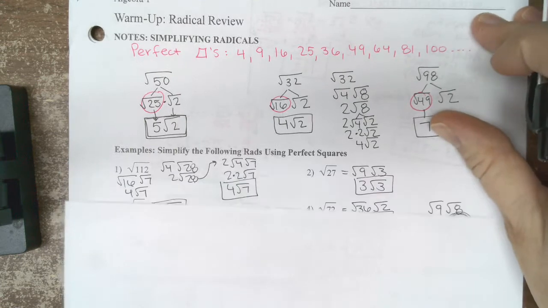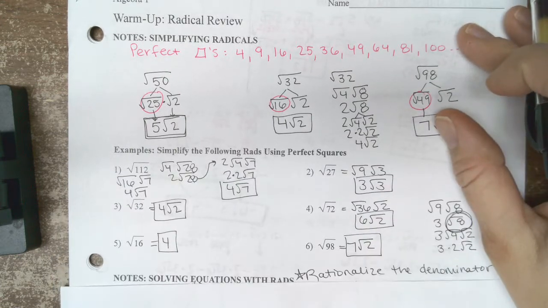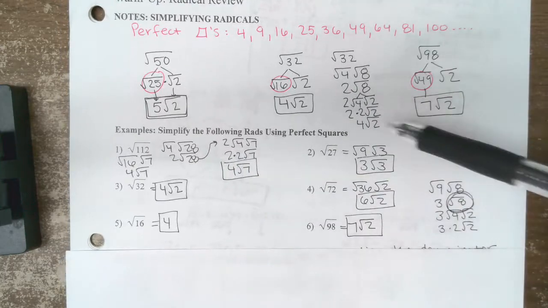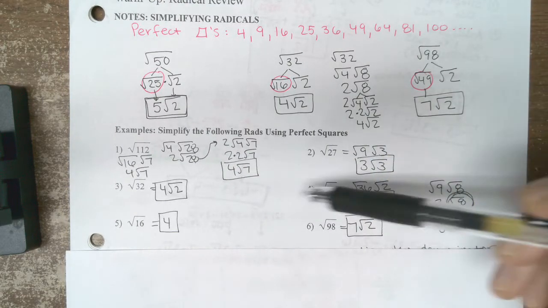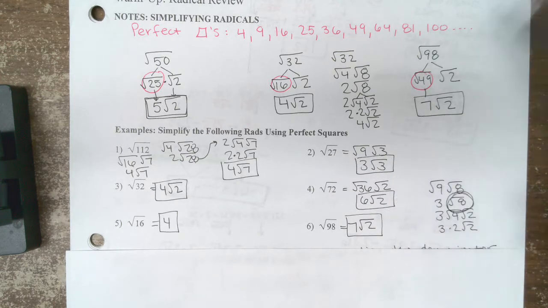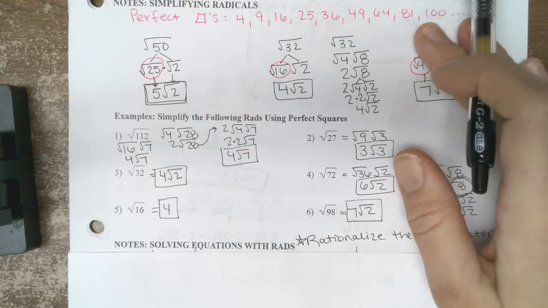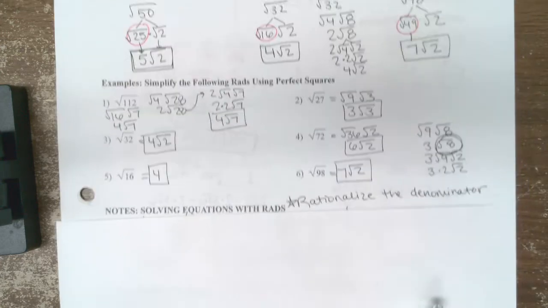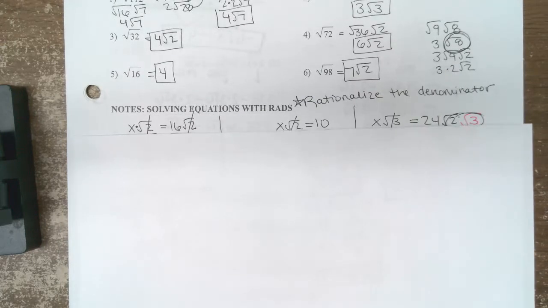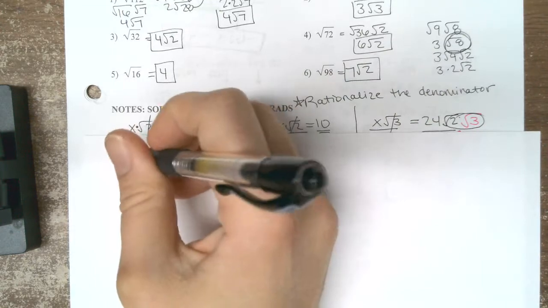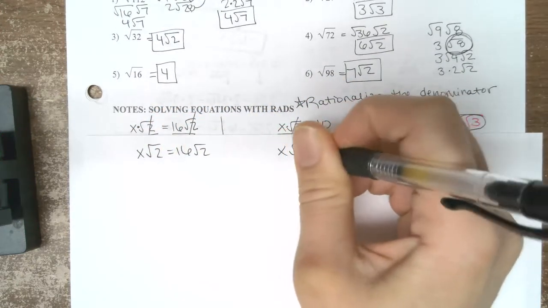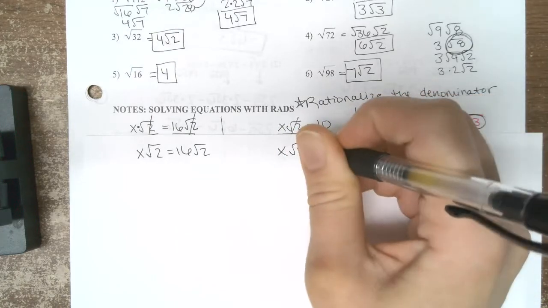From there, the students who were in the building today went through and practiced this with a few examples, and I'll upload this so that you can also try these on your own and make sure that you understand this concept of how to simplify rads. Now, we use this to do several things this unit. One thing we do is solving equations with rads. So I'm actually going to rewrite the equations that I have here and then discuss each. So when we are solving, oops, wrote that wrong,